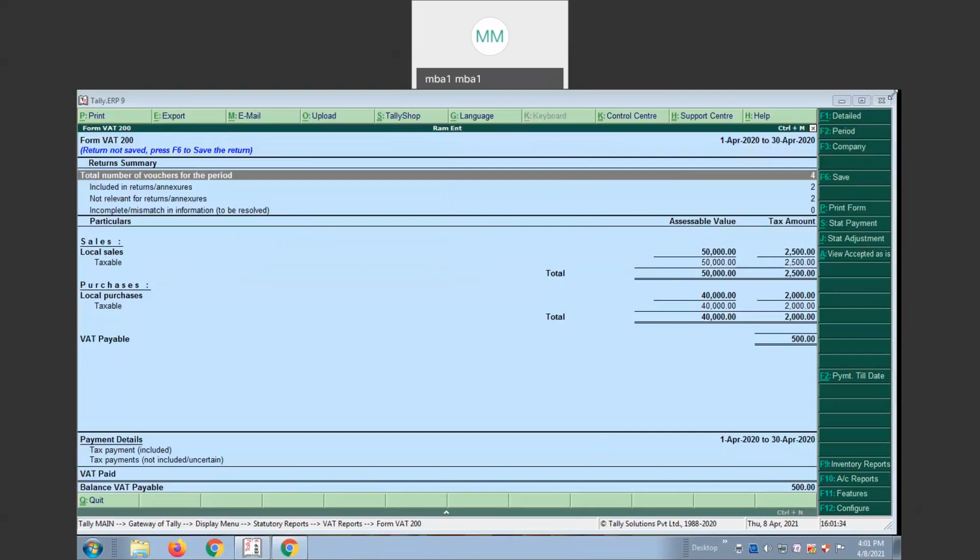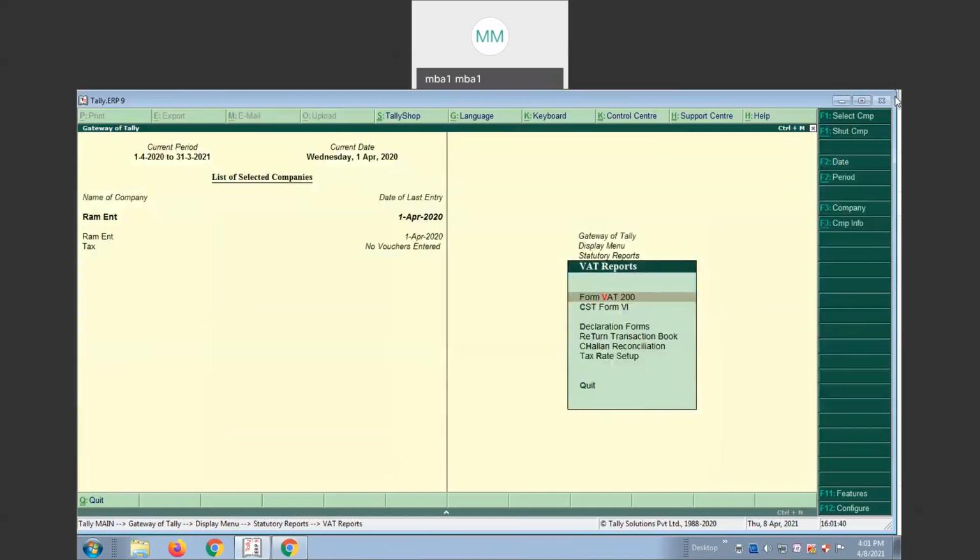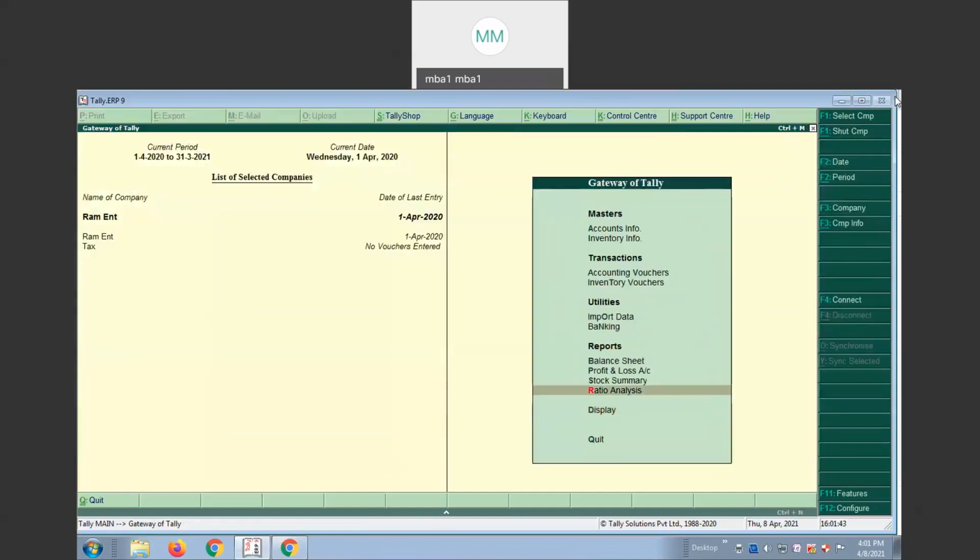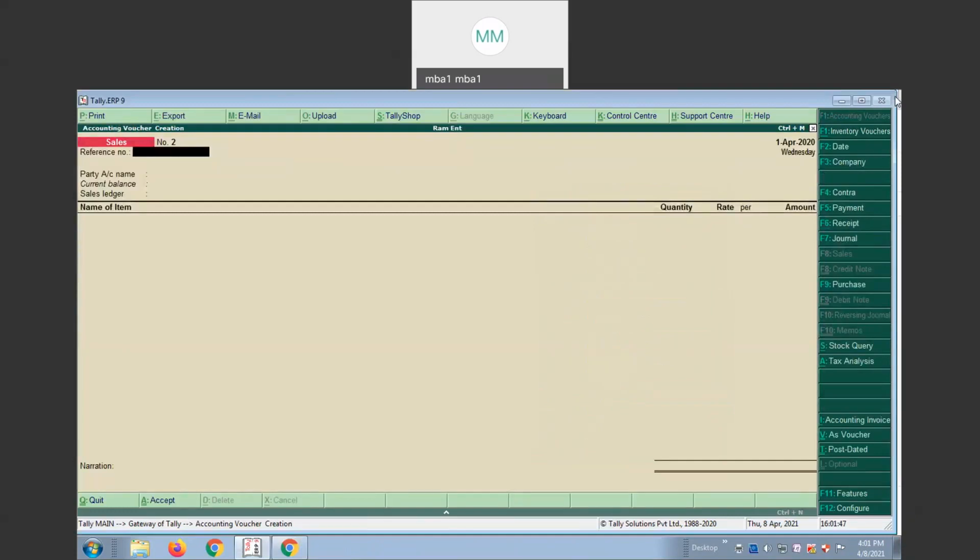500 rupees. First of all, go back. Go to the accounting vouchers option. In that, you need to write a journal entry.